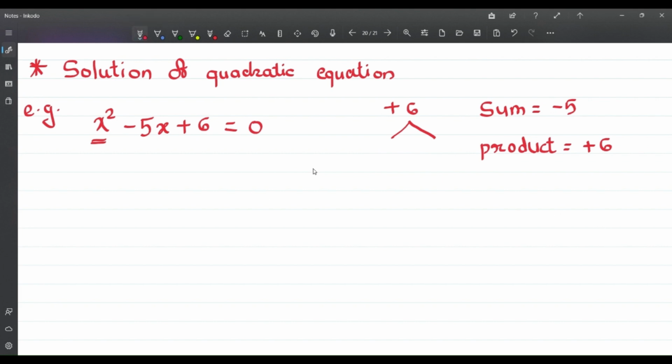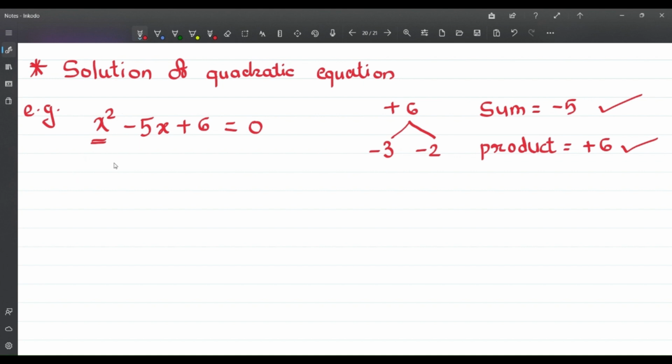Then we'll take the second, that is 3 and 2. If we take plus 3 and minus 2, 3 minus 2 is plus 1, so it will not be possible. Then we'll take minus 3 and minus 2. Minus 3 minus 2, their sum will be minus 5, and minus 3 into minus 2, that is their product, will be plus 6. Therefore, these are the two numbers